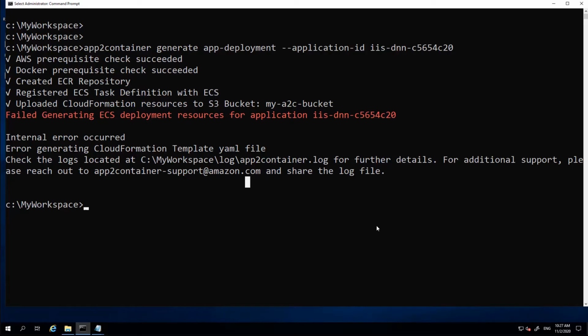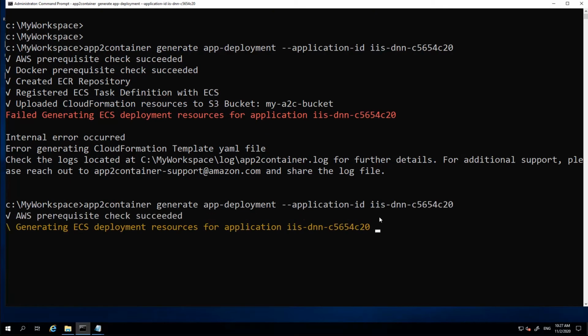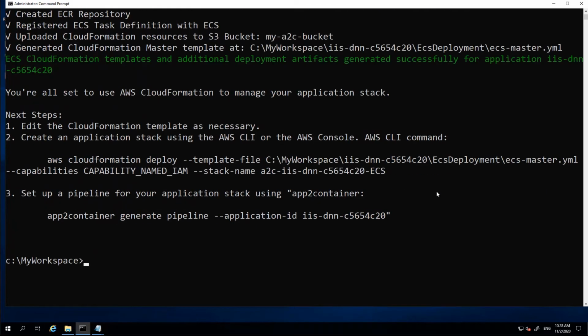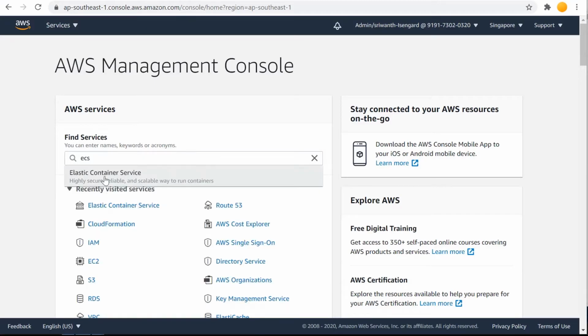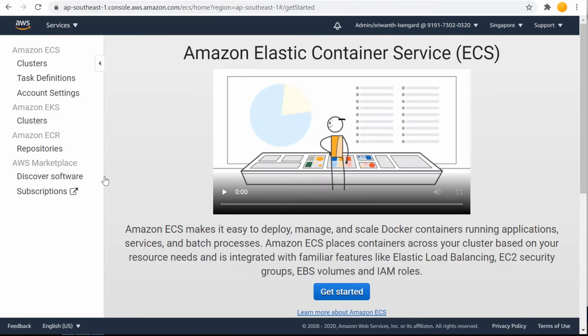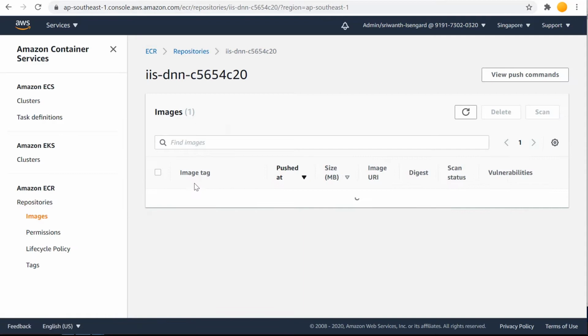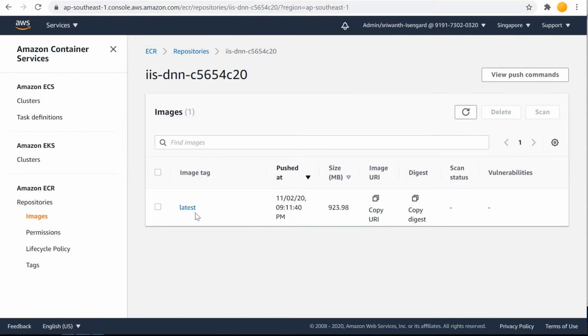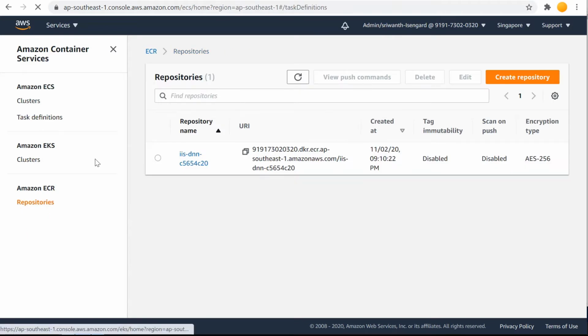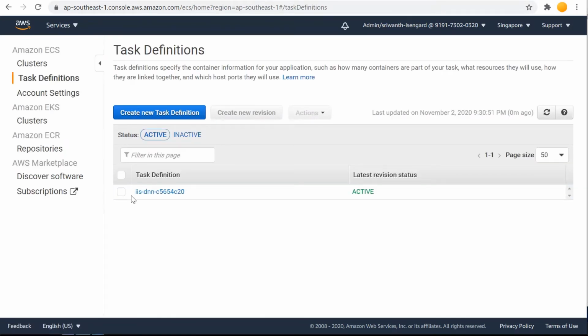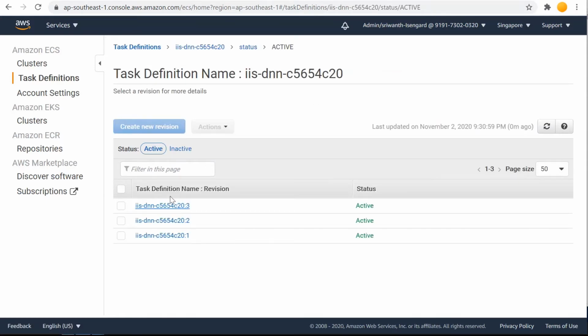I corrected the issue and reran the command to deploy the solution into AWS. When I explore ECS, you will find a container repository being created. I go to ECS. The deployment also created my ECS task definition with the correct amount of memory and CPU allocation.